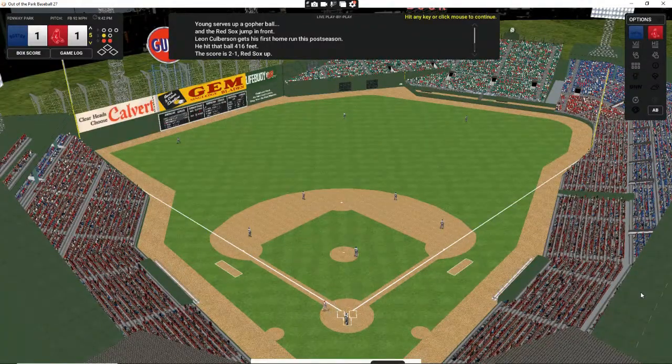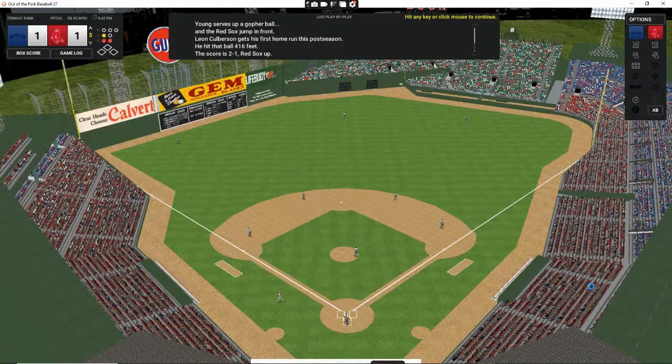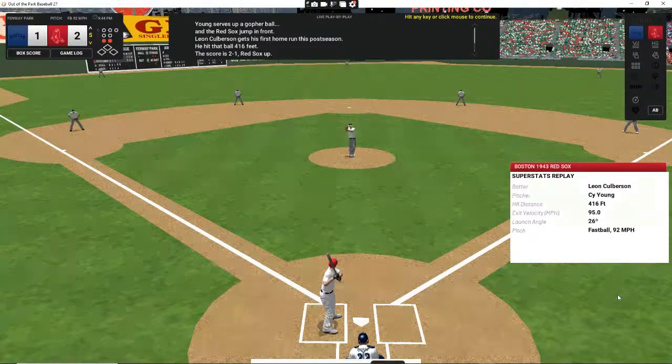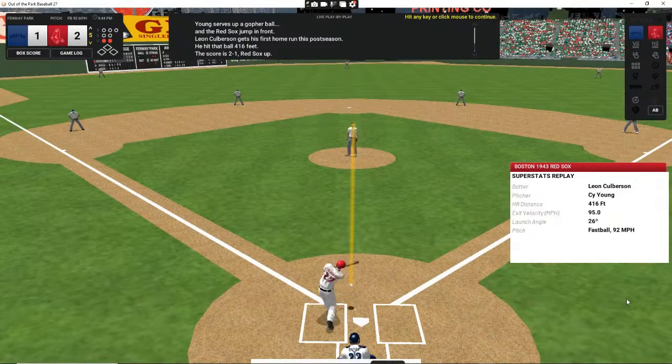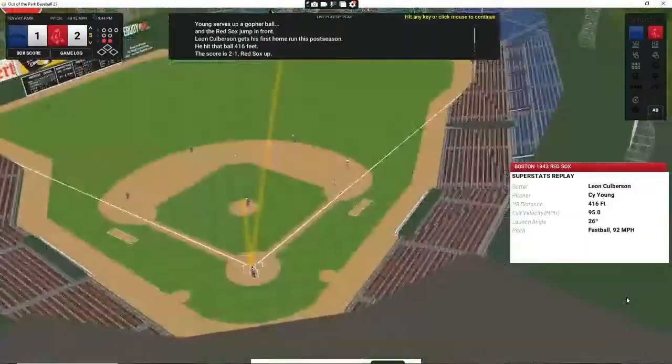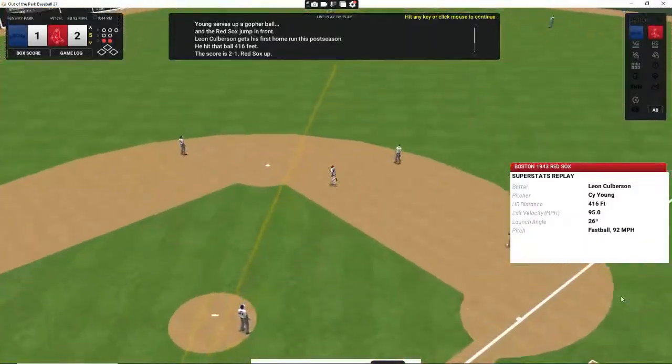That ball traveled 416 feet. Let's watch it one more time. Cy Young gives up his second homer of the game. It's into the right field